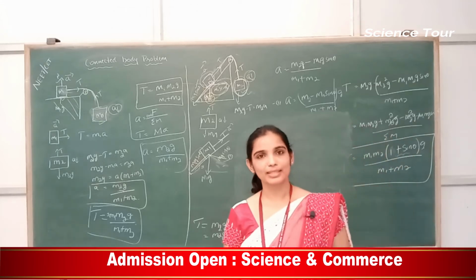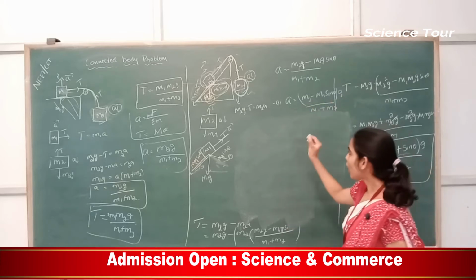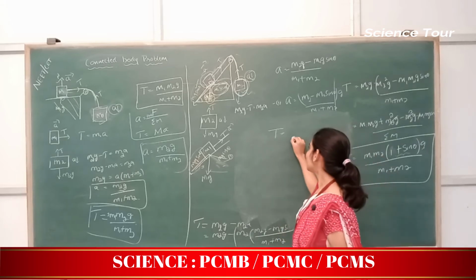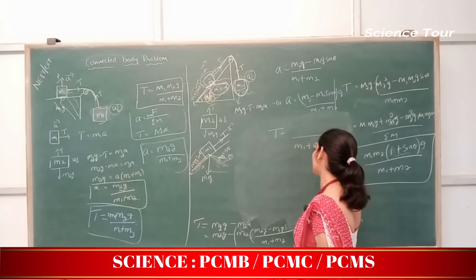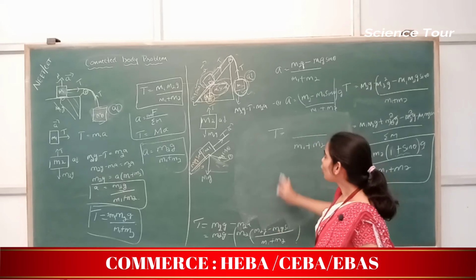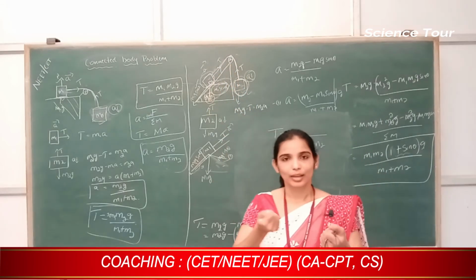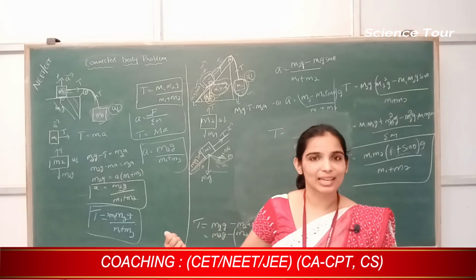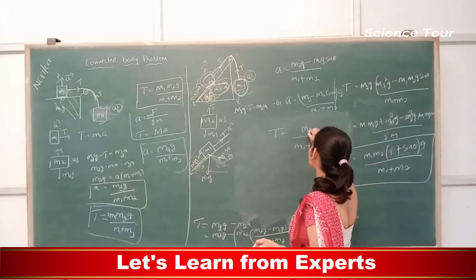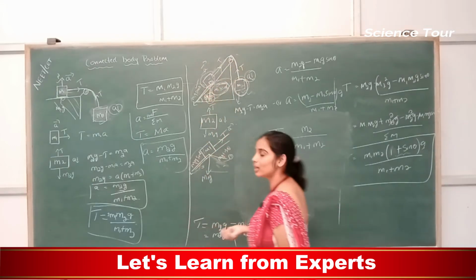Well students, we got the answer. Now how do we derive the expression directly for tension? See, on the denominator m1 plus m2, we know that. Correct? For the tension, the denominator is m1 plus m2. So on the numerator, if m2 doesn't exist, will this tension exist? If one mass is not there, then the string won't stretch. If the string doesn't stretch, there is no tension. So if m2 is not there, the string wouldn't stretch. If m1 is not there, still the string wouldn't stretch.